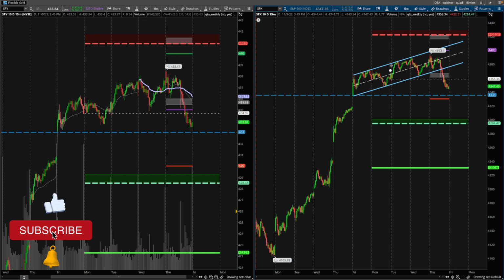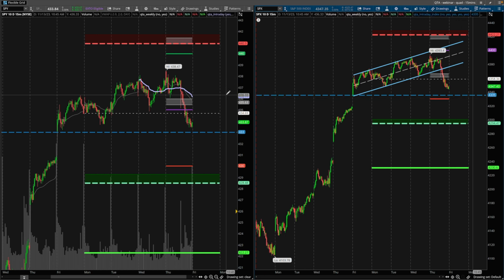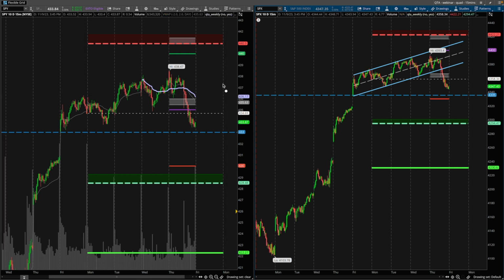That is a recap of the week, as there's just been so much confluence this week, and I'm pretty happy that some of you guys are starting to pay attention to some of the confluences. I noticed some of you guys are trying to become a little bit more systematic in your trading based on some of the one-on-ones in which I've been having. I figured this would be a great opportunity to kind of simplify some of the confluences that you guys may be looking for. We already have the QTA weekly levels and the intraday levels, and then you guys have some